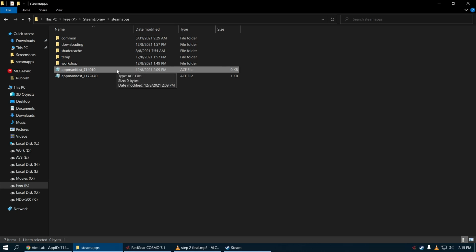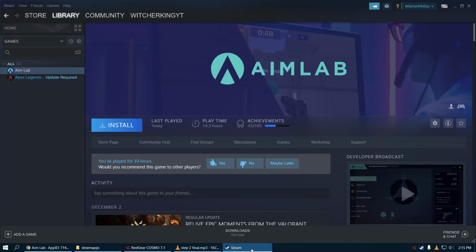Now what we need is the original app manifest file for the AimLab in my case. And the best place to get this is from Steam itself. Now some of you smart minds might think, hey, why don't I get this file from my friend's PC or find it over internet from some sites? That's very fast and easy. I will just copy the file and voila, I will get my game back. But that won't work. Let me tell you why. Because it contains your machine build number in it to match with your Steam account. Something you can't make yourself or know.